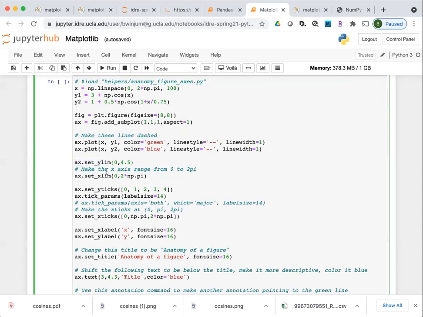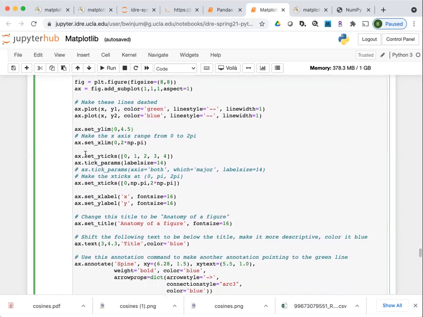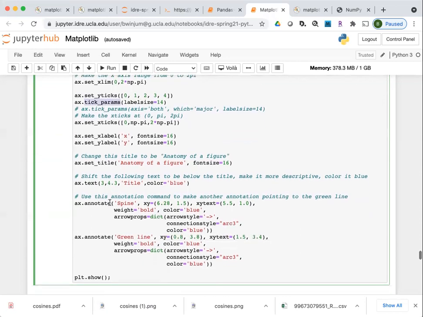This sets the y range, this sets the x range. This now is the method for setting the y ticks, and I specify different parameters for the ticks, like the font size from before. I set the x ticks, I set the x label, I set the y label, I set the title, and then text and annotate are similar.